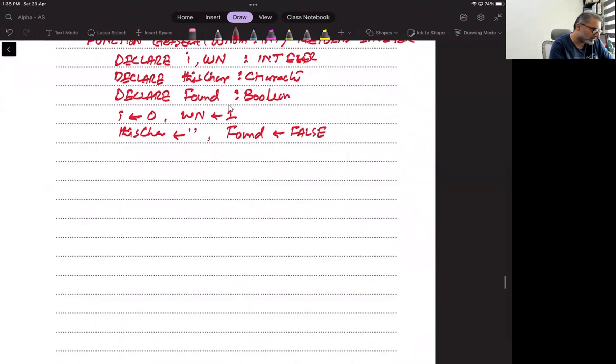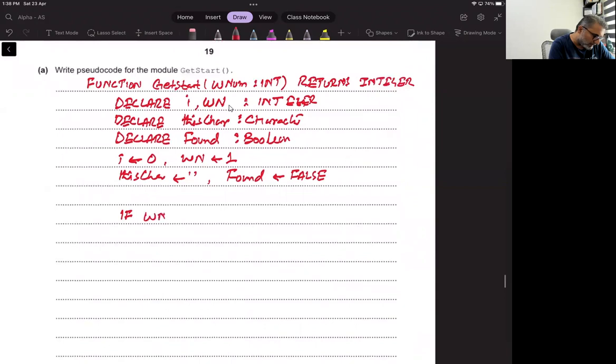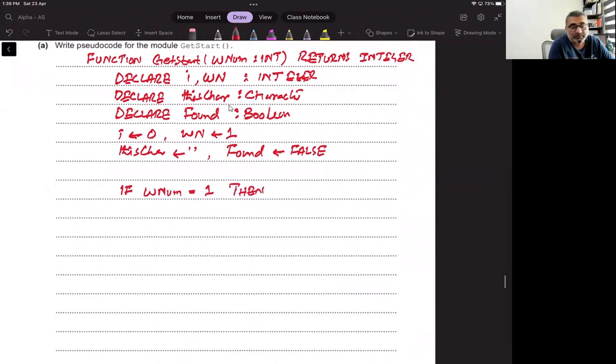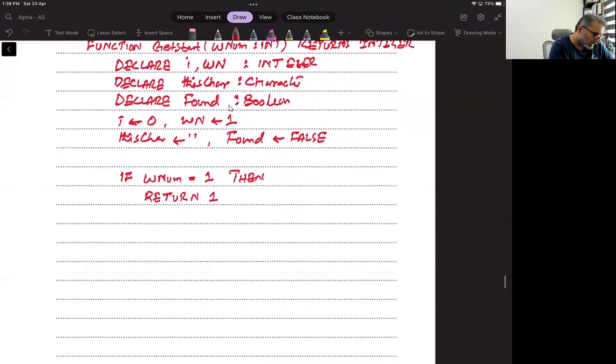All right. So first we have to check if they want, if word number is equal to 1, then return 1. If they want first character, first word will always be starting from the first character. So then return 1. All right. Else